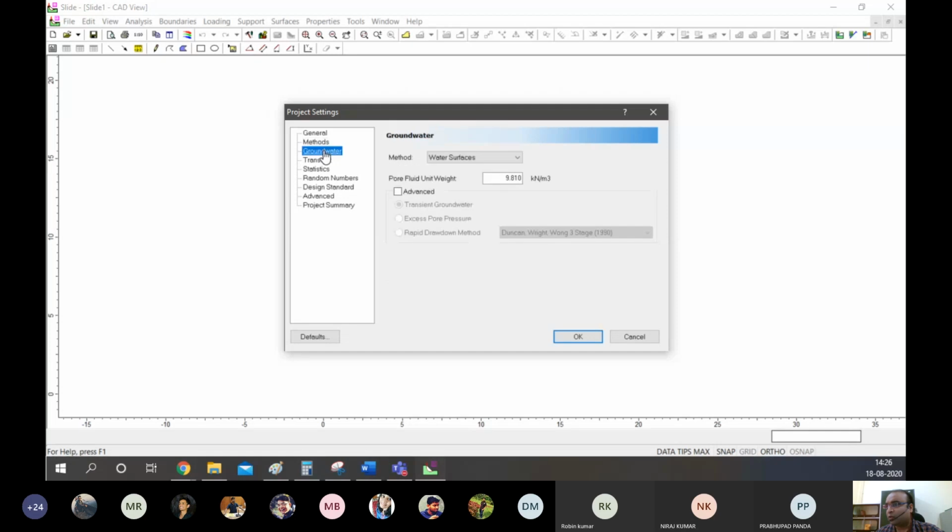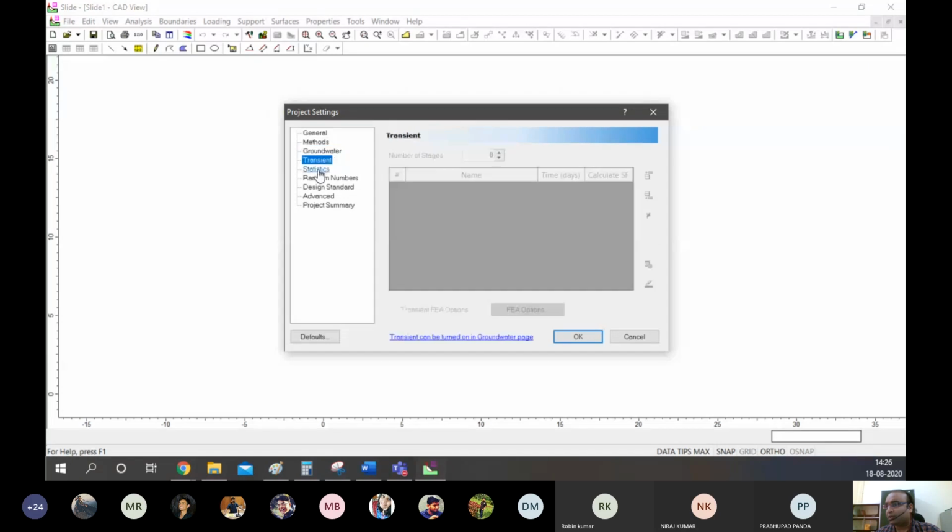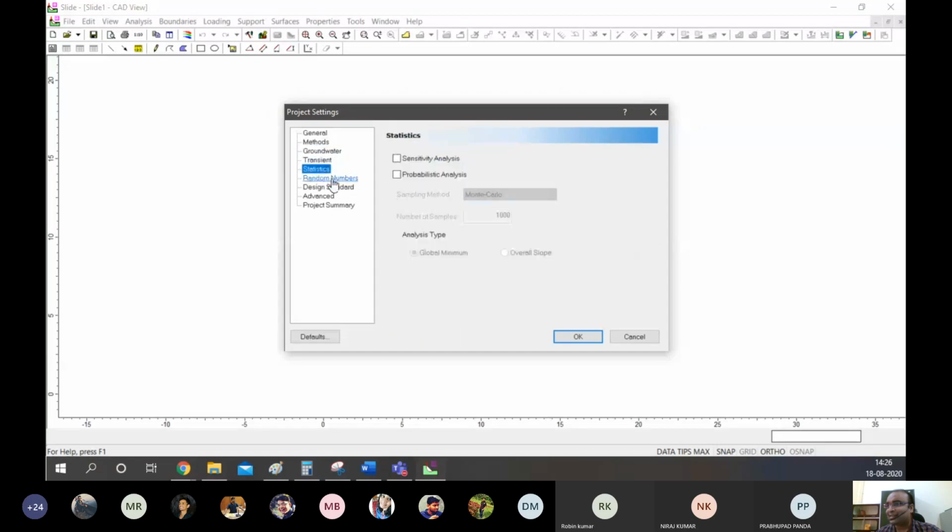Okay. Groundwater we will be seeing later on. Stages, and these statistical analyses, we will first cover in rock slope technologies, and then we will come back to both of these cases. The sensitivity analysis is very important: how each factor affects the overall factor of safety and other parameters. Probability analysis, as I said, apart from factor of safety, there is a probabilistic analysis. Finding the factor of safety is something called a deterministic analysis.